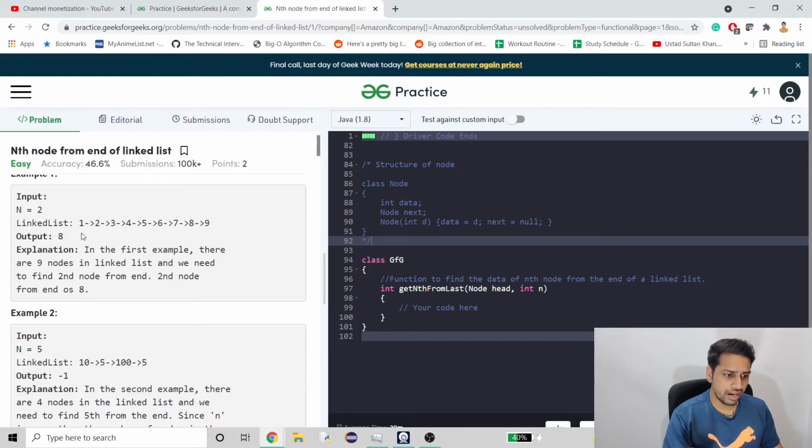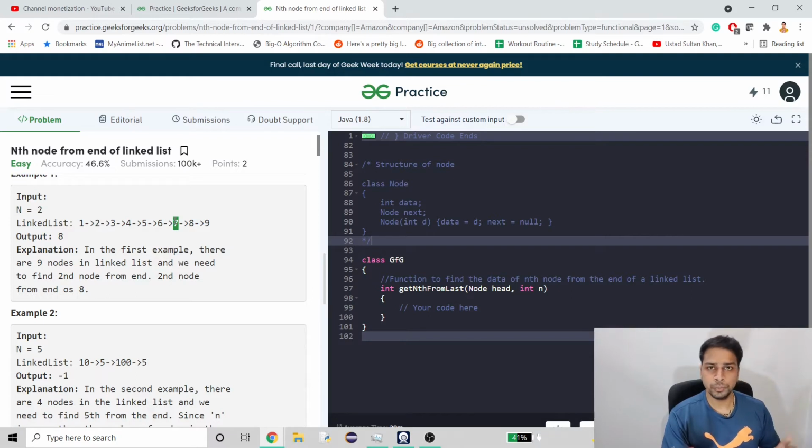When we have the size of the linked list, we know the size here is 9. So when we do 9 minus 2, which equals 7, it means we have to get the 7th node. Here this is the first, second, and so on, we are here at the 7th.